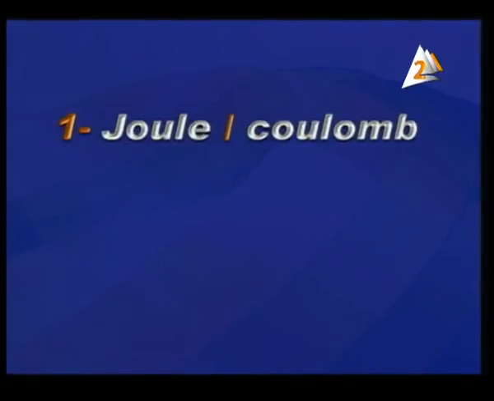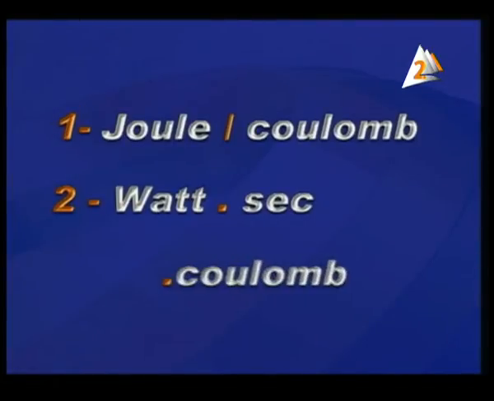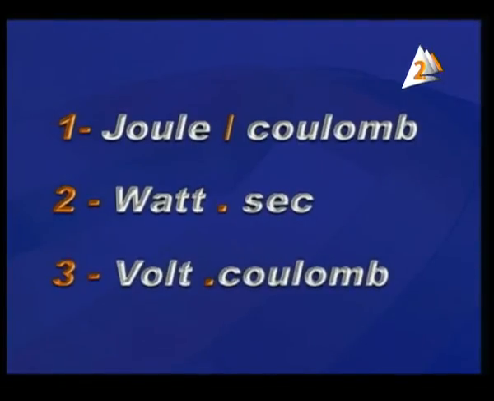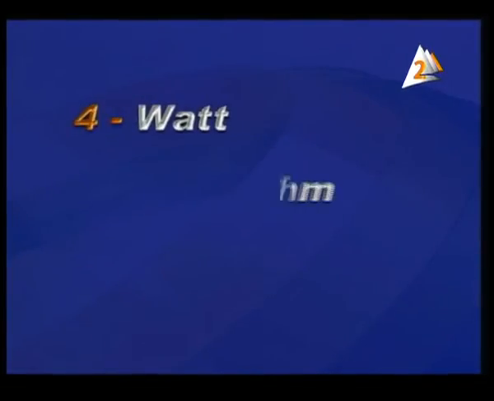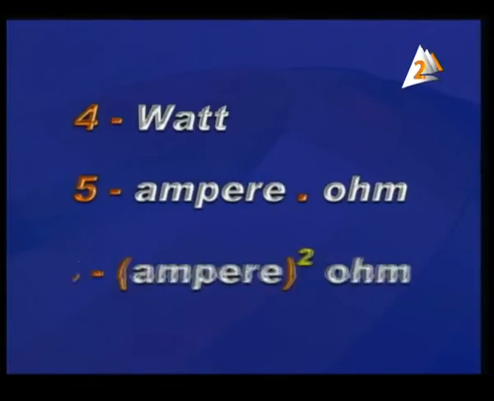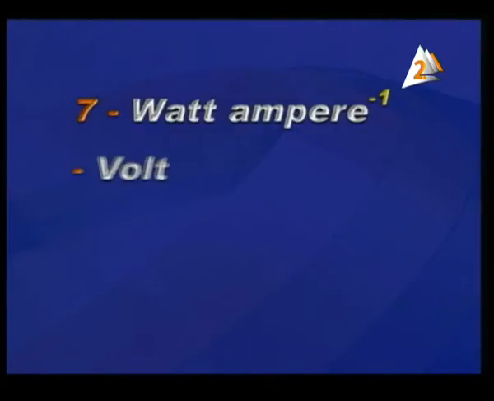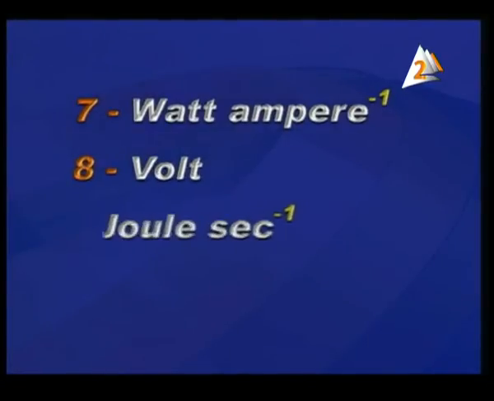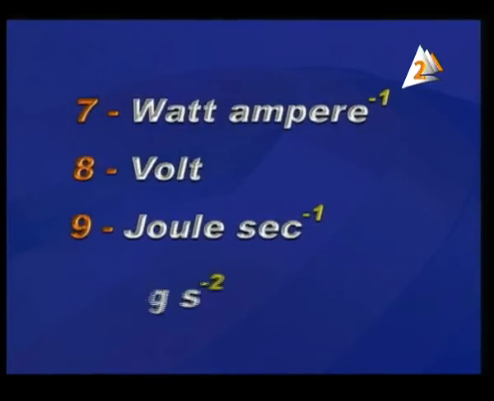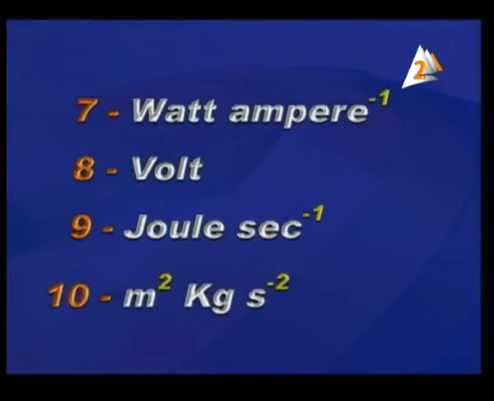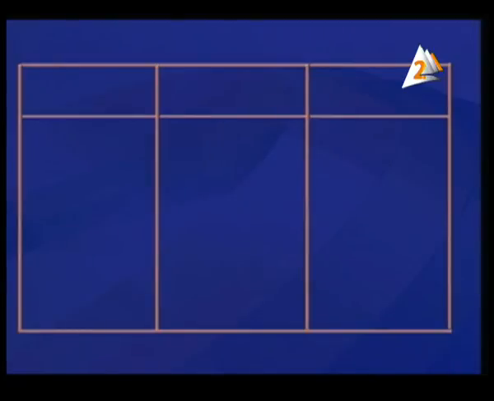The units are joule per coulomb, watt second, volt times coulomb, watt, ampere times ohm, ampere squared ohm, watt ampere negative 1, volt, joule second negative 1, meter squared kilogram second negative 2. Okay? We want you to make 3 groups